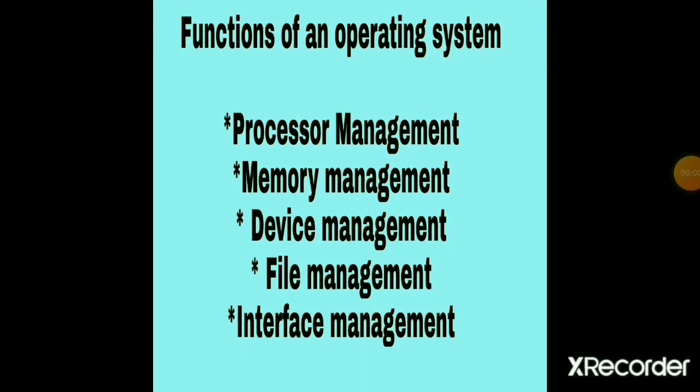Now, functions of an operating system. A computer is made up of several hardware devices. It also stores a lot of users' data and a number of software. During its operations, the computer keeps on executing various software, thereby converting input data into output. The main function of an operating system is to manage the available hardware and software resources to achieve efficient operation. The various functions of an operating system are classified into some categories.